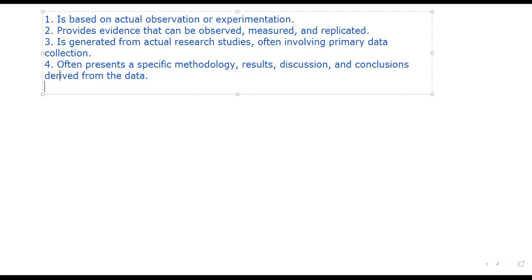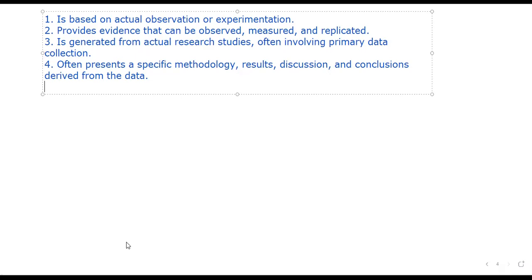Even secondary data collection is still applied. Okay, so it often presents a specific methodology, results, discussion, and conclusions derived from data. Right. And actually, I've already explained how you, as a researcher, utilize such information. Okay, so that's on the characteristics of